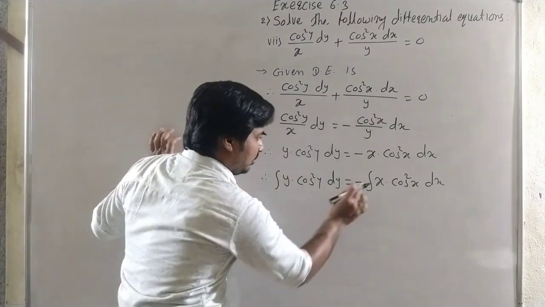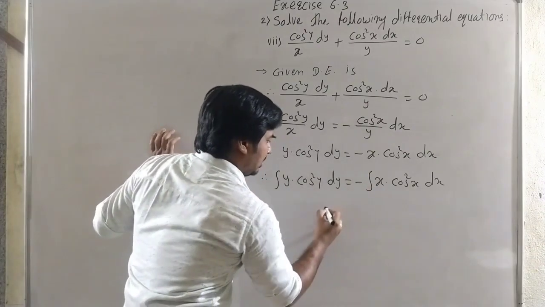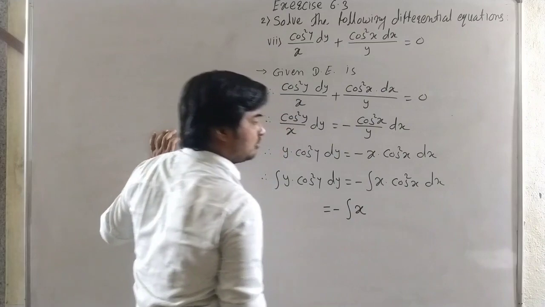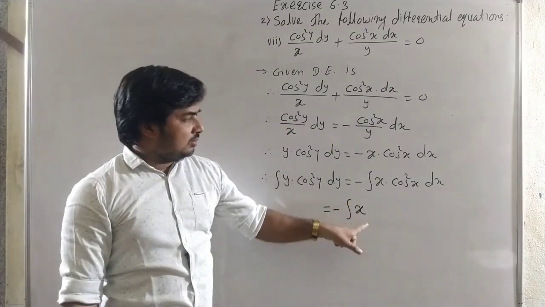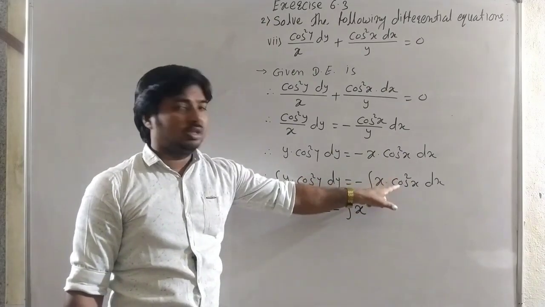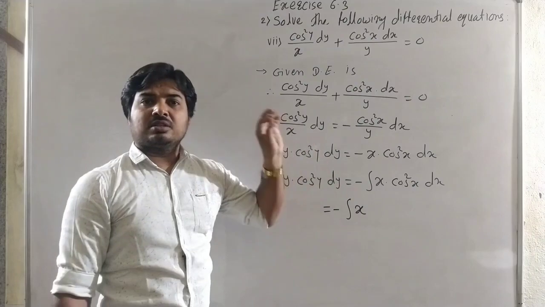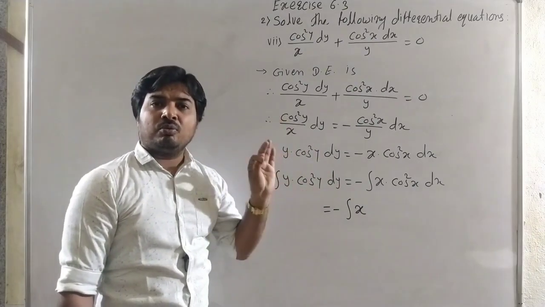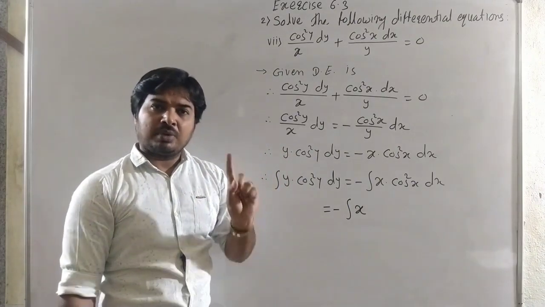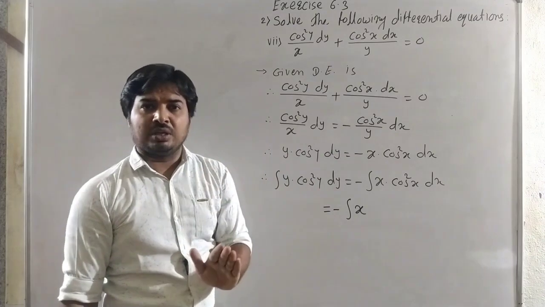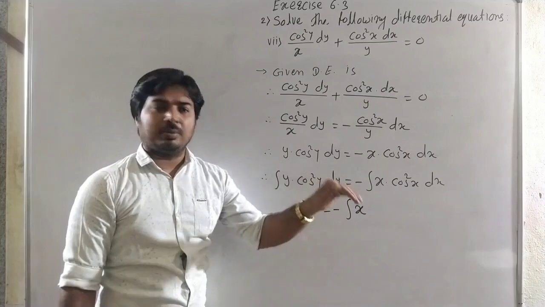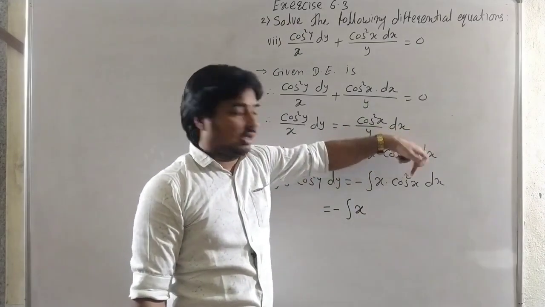Okay. Now see carefully, we can solve this. Therefore for the solution, it is minus the integral of x into cos square x. For the integration by parts, here it is the first function, u, and it is the second function, v. In integration by parts, the integral of u into v is u into the integral of v, minus the integral of the derivative of u into the integral of v.